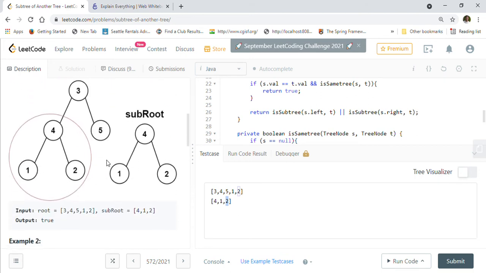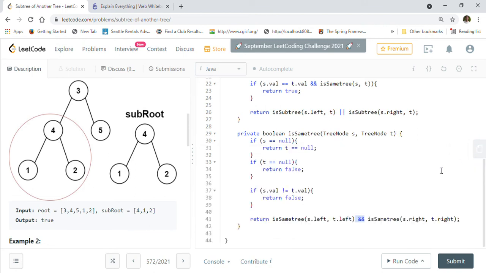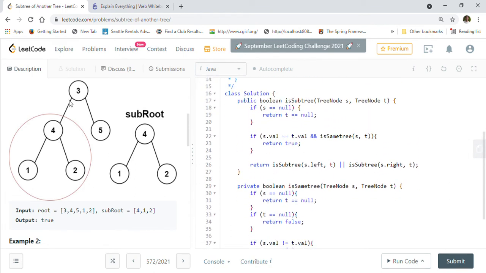So let's just quickly summarize how we form the solution. So first we will go left and right from the root. We will keep doing it until the root node of this given subtree matches the node we are looking at. Once we find the node, we will call our recursive function isSameTree, and isSameTree will check that these both values are matching, and then it will make sure that this tree's left subtree is matching, and this tree's right subtree, which is 2, is also matching.